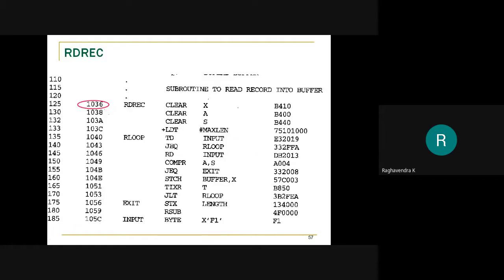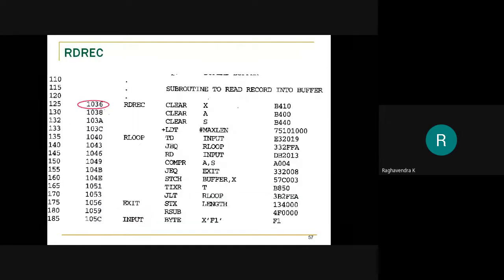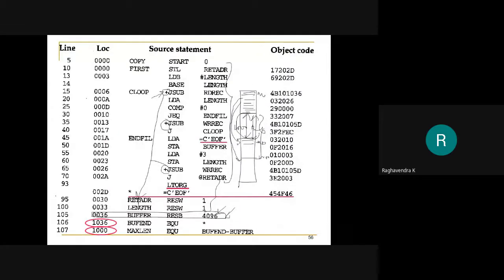Now, can we reshuffle our instructions such that this larger area is arranged at the end, so that all the instructions are closer and all the data are closer? In other words, can I use some concept or feature that can group together all the instructions on one side and all the data on the other side? Can we do this?